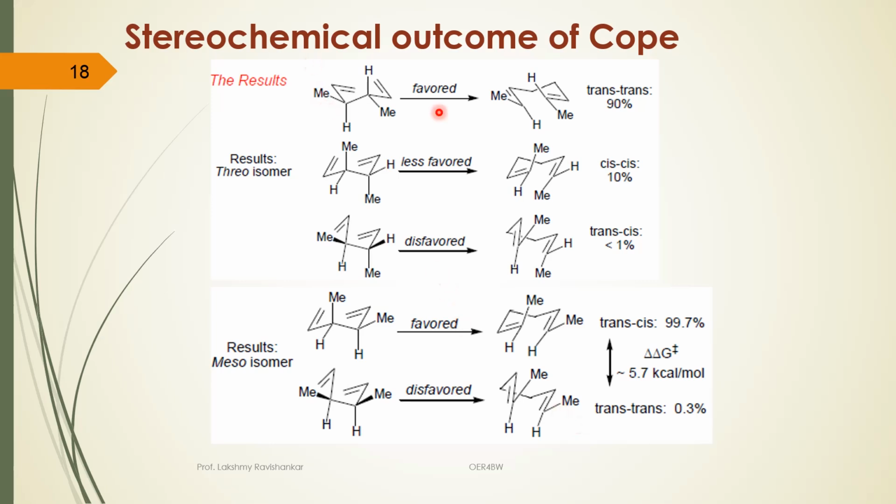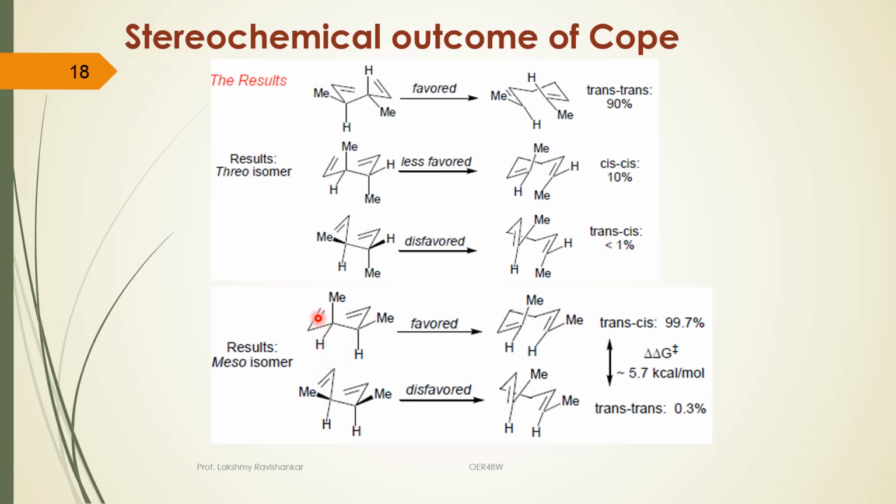The same thing is confirmed here. You have, if you see this, this is going up, this is coming down. So this is my trans which we saw in the previous slide. So confirmation that it goes through the chair conformation and not through the boat, because if it were to go through the boat, it should have given me a trans cis type of geometry in the product, which is not